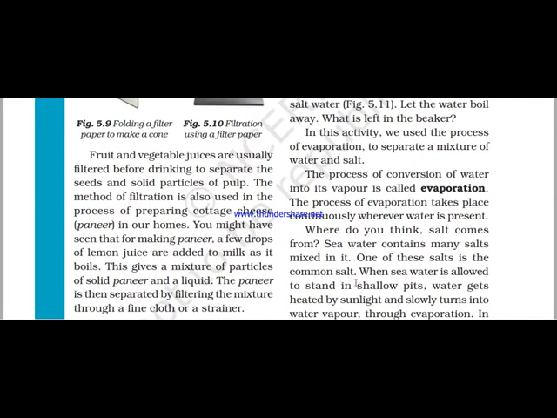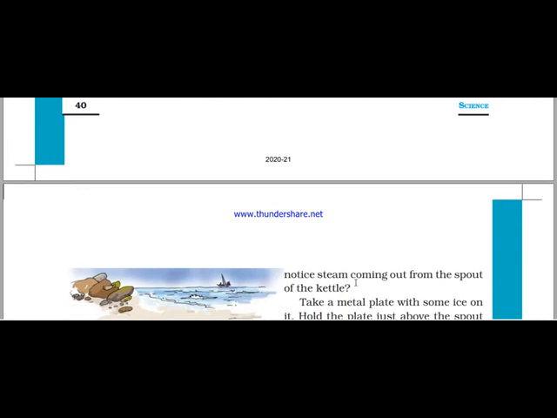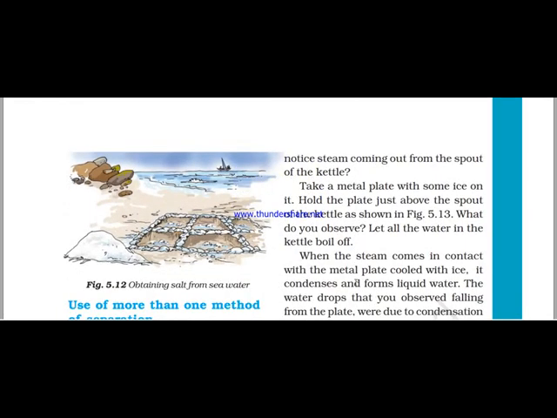How can we obtain salt from seawater? Look here in this diagram. Suppose these are the various pits. Pit means जो गड्ढे होते हैं उनको हम लोग बोलते हैं pits. यहाँ पे हम लोगों ने 3 to 4 और 5 to 6 हमने pits बना दिए. Okay students, now we will fill these pits with the salty sea water.